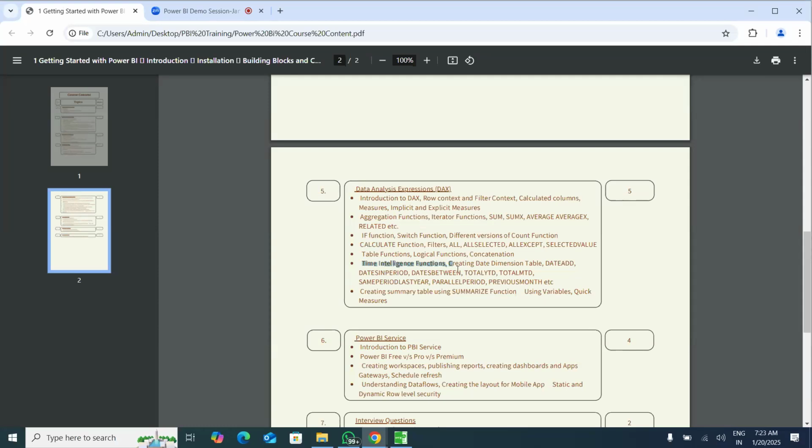Okay, and we will discuss how to create the date dimension table, which we usually also call a calendar table. Okay, and various functions within them. Okay, and we also will discuss how to create the consolidated summary tables using the summarize function within the DAX of Power BI. And then we'll discuss how to use the variables and quick measures to make our data model a